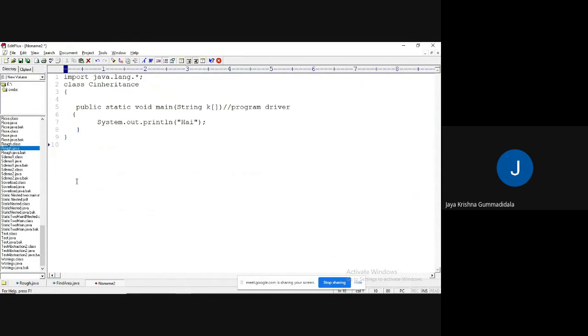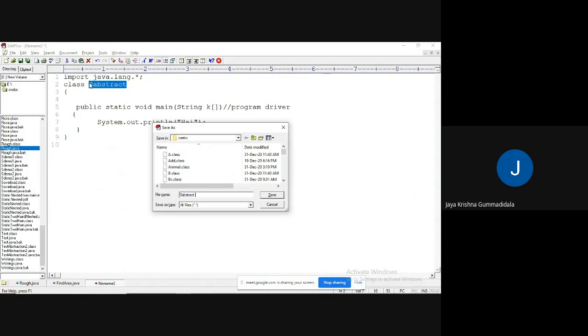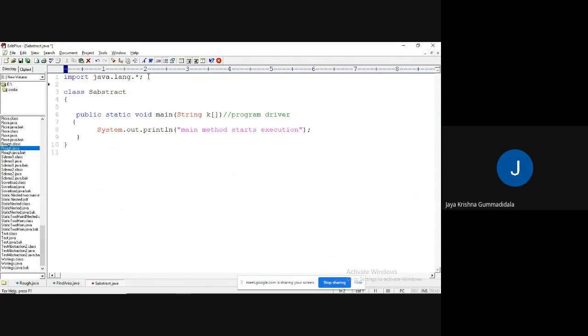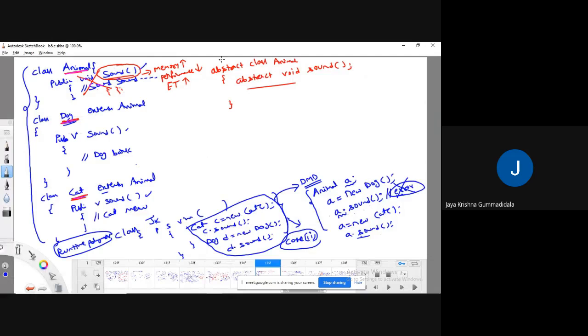I'm going to make a direct program here, as I have explained there itself, with three methods: add, abstract, subtract. I'm going to save with this name, Ctrl+S, .java. Main method starts.